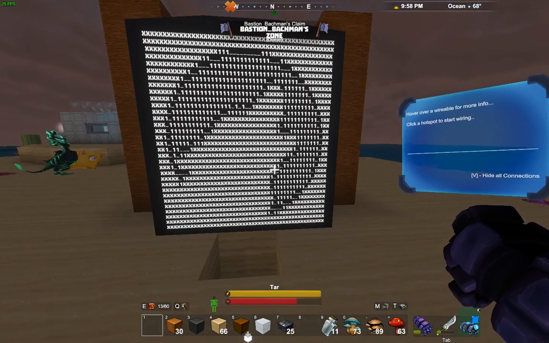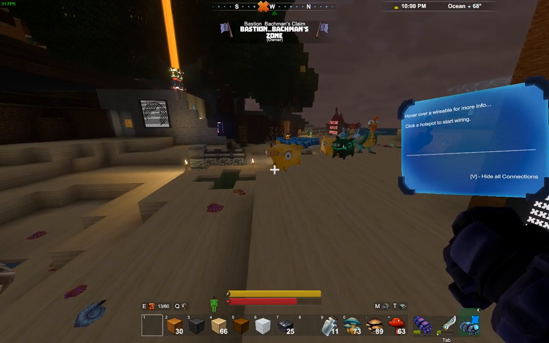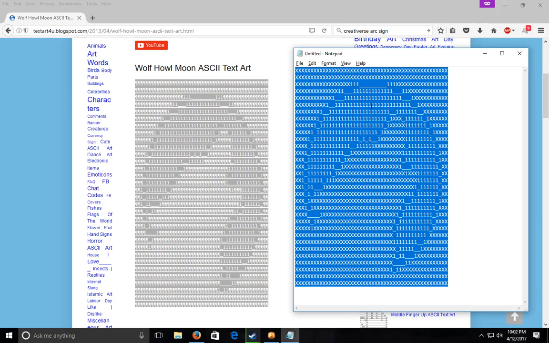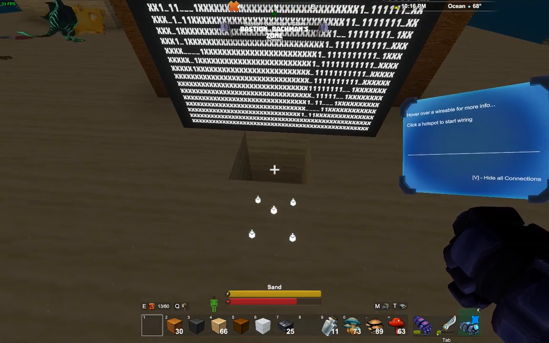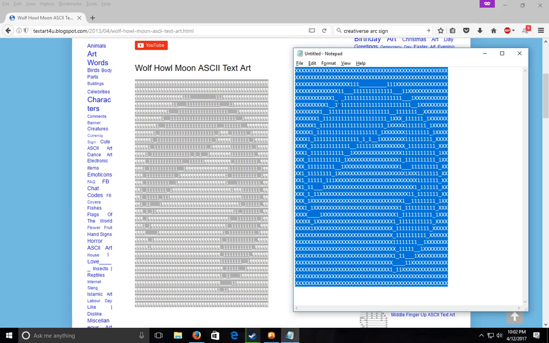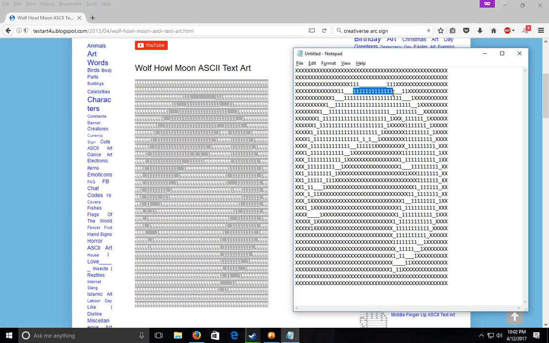Now, one thing I want to explain is that when you're looking at these ASCII texts, I know you might not want the ones in there. You know, you might just want spaces. You think, oh, that'd look a lot better without just a solid black there. Well, if we remove the ones and put in spaces, it gets ugly fast. Maybe somebody knows what to do to correct that, but the arc signs do not give you an exact space for some reason. So we have 1, 2, 3, 4, 5, 6, 7, 8, 9, 10, 11, 12, 13 ones